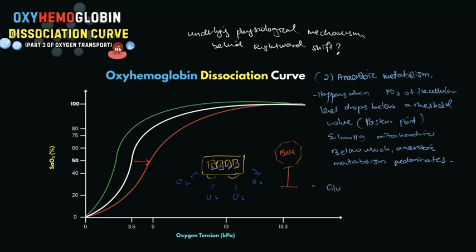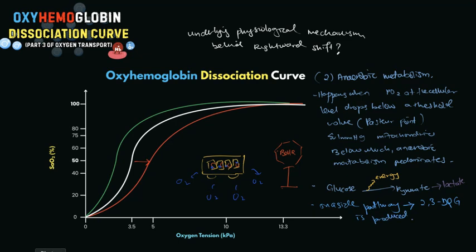In anaerobic metabolism, glucose undergoing several pathways will be turned into lactate. Along the way, energy will be produced. On a side pathway in anaerobic metabolism, there will also be a production of 2,3-DPG. Okay, so 2,3-DPG is directly proportional to the level of anaerobic metabolism in the body. So as anaerobic metabolism gets more active, so does the level of 2,3-DPG in